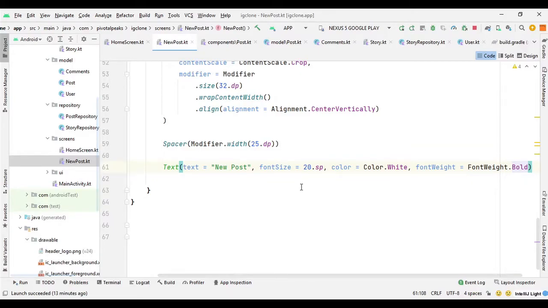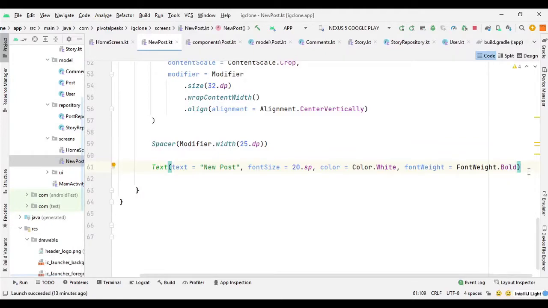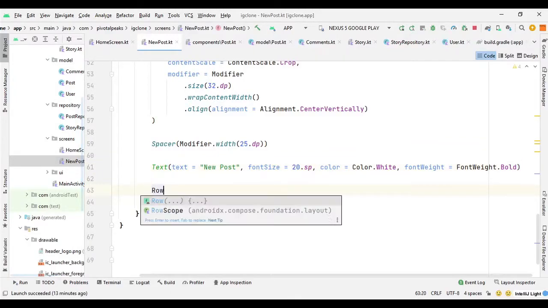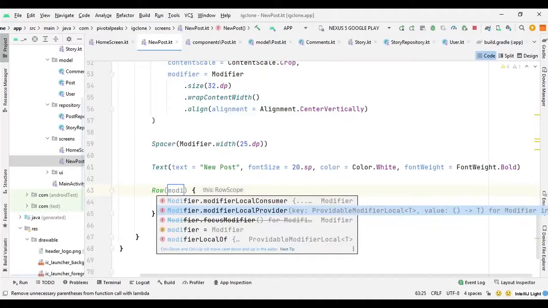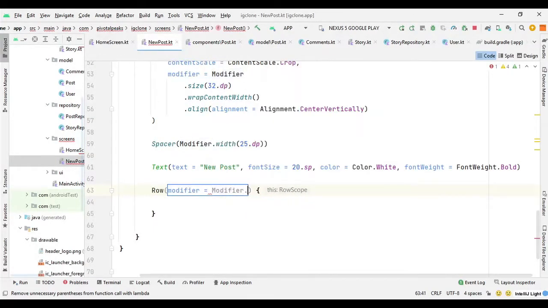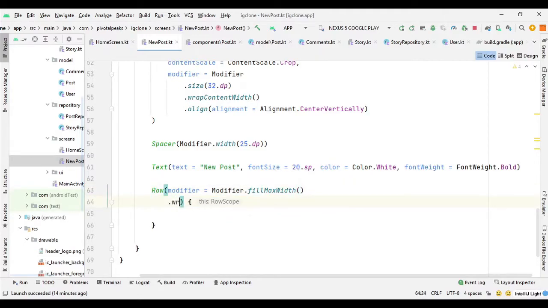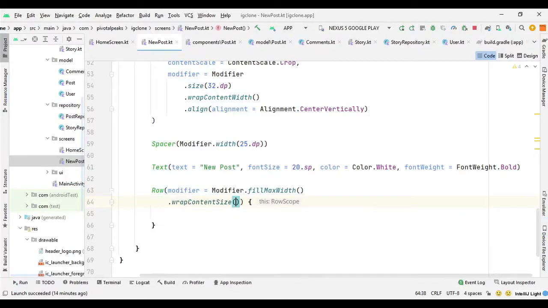After that we need the tick mark icon and we want it to be at the end of the row. So again we can say row and we can use the same trick that we used in home screen. So we can say modifier dot fill max width, and then we need to call the wrap content width or wrap content size, not width.